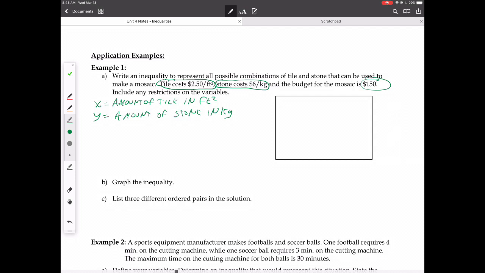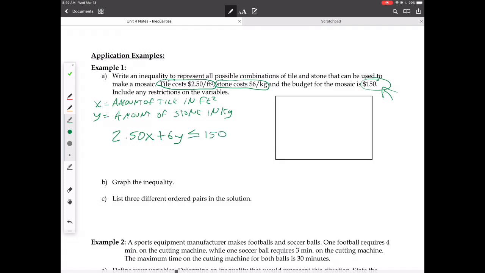Now, if we're looking at a value question where it says that I only have up to $150, then that means that the amount of money I spent on one thing plus the amount of money I spent on the other one has to come in within $150. So I'm going to say, well, how much did I spend on my tile? It's going to be 2.50 times the amount of tile I bought. How much did I spend on stone? 6 times the amount of stone I bought. And all of this has to come within $150. Well, I'm going to say that the total amount that I spend has to be either less than or equal to